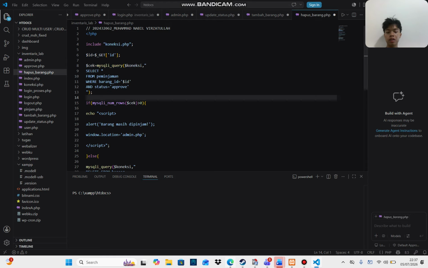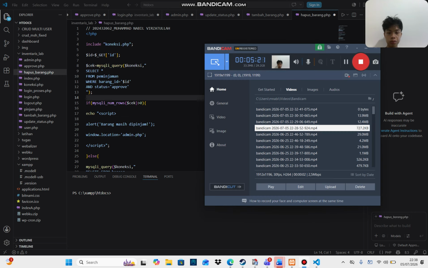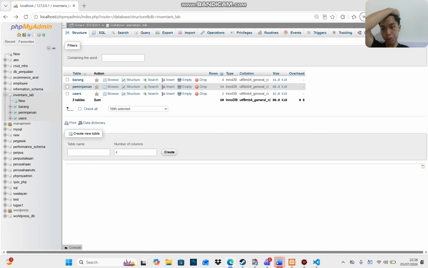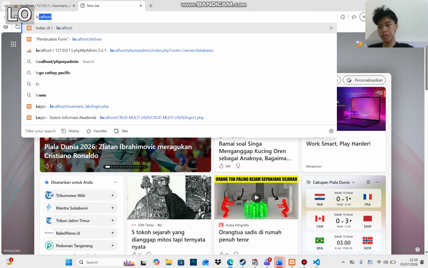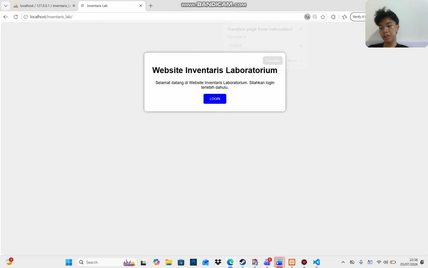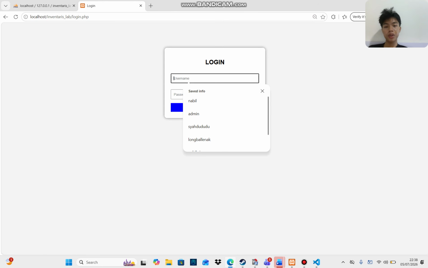Maybe I will go to my dashboard to show you the program. So, localhost, inventory lab, login. First, maybe I will show you the users dashboard.